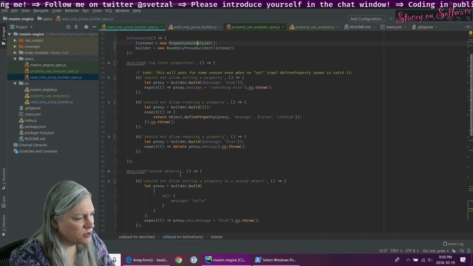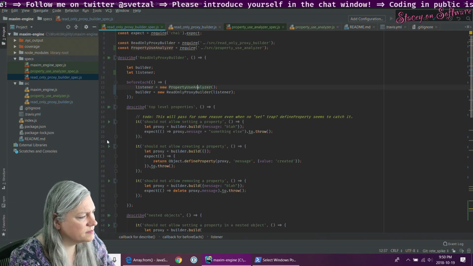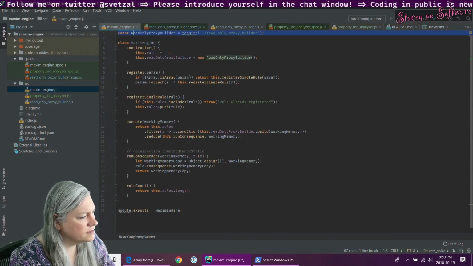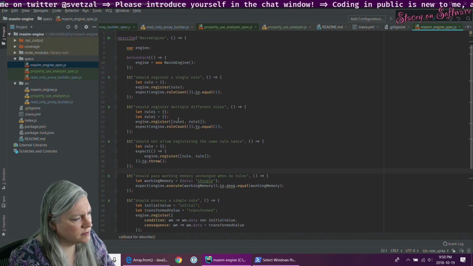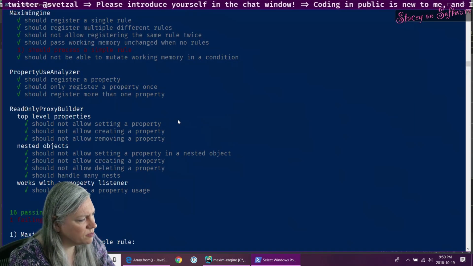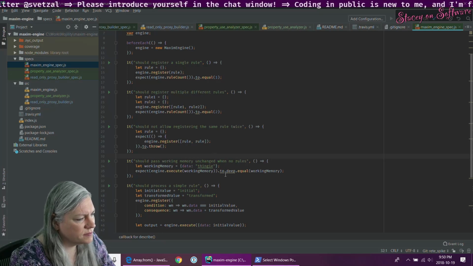What's different about should process a simple rule? Simple or single? Simple.